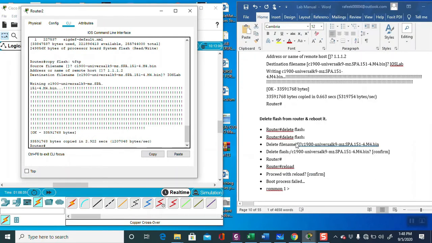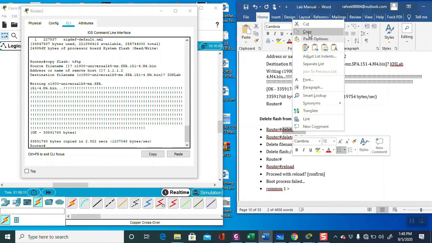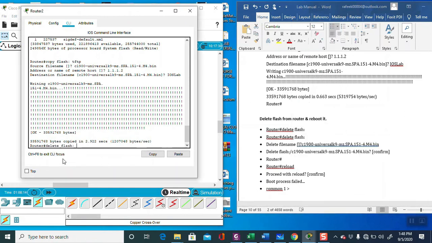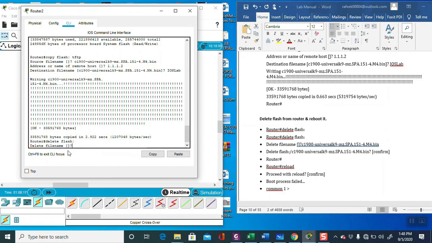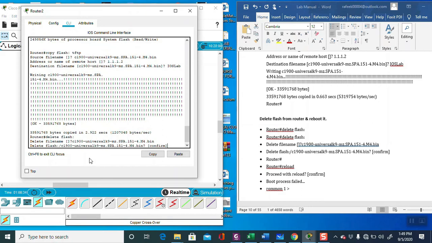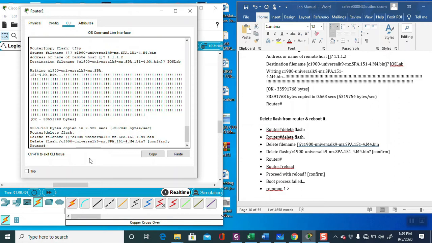Now that we have taken the backup, for this we are going to use this command. Now it is asking which file you have to delete. So you have to provide the same file. It is better to just copy this file and paste it, because if you type it, there might be a chance that you will make a mistake. It is asking whether you want to save or delete. You enter Y, so put yes, or you can just press enter.